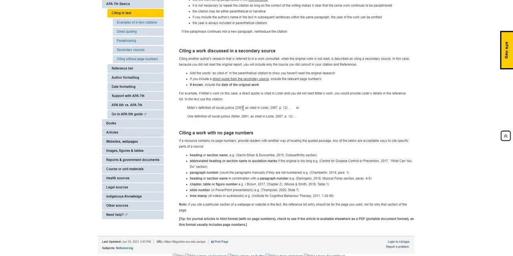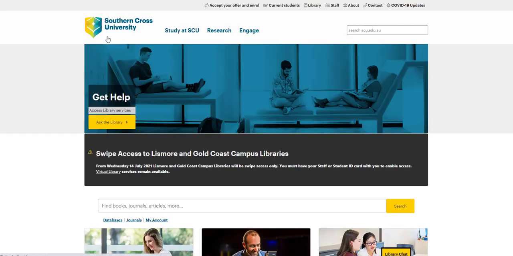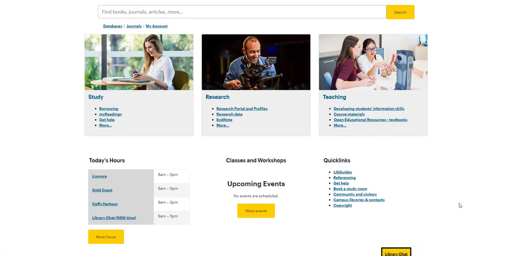So I encourage you to, if you haven't already, take a look at this referencing page here. The reference list tab has the formatting for your reference list and how you lay it out. There's also a printable common reference examples guide here if you prefer to print it out and have a hard copy. We also offer appointments for students if you need help with your research,